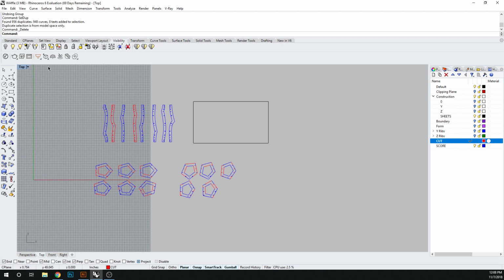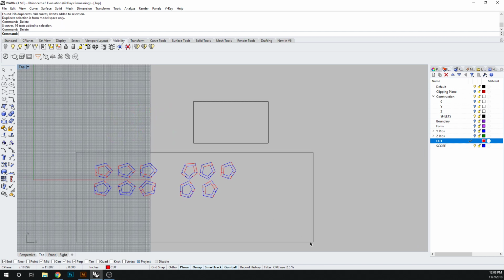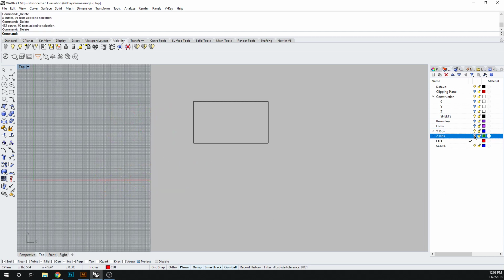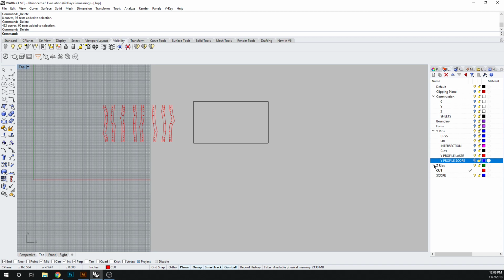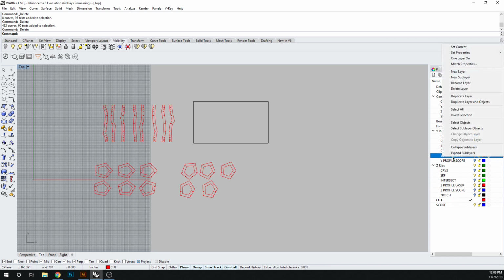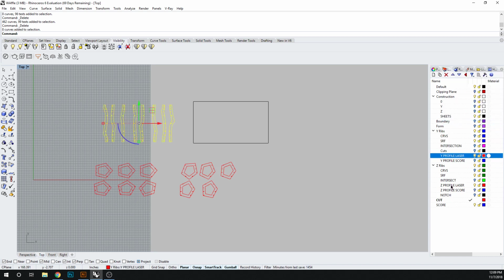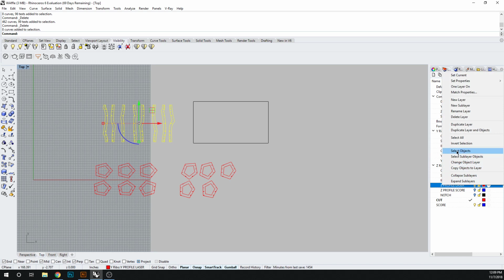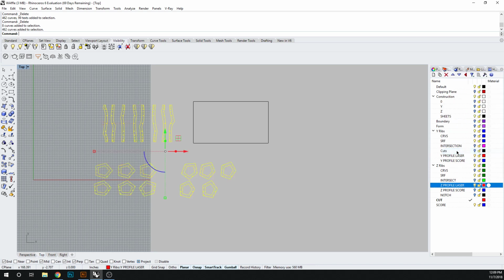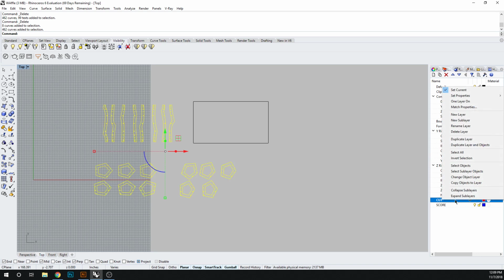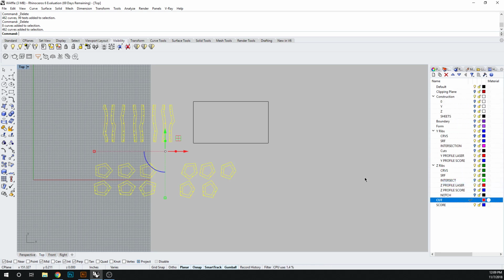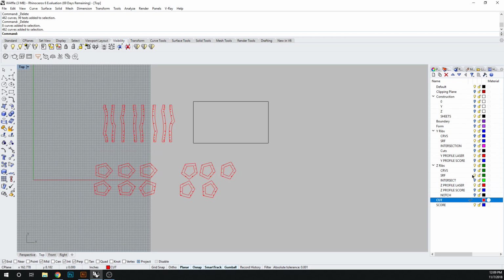Okay, so see, I guess I messed this up. Let's do this again. So I'm glad that I didn't destroy it. Okay, let's just look at the reds. Okay, so I want to select objects, select objects. I'm going to copy objects to those layers. Okay, now I'm going to turn those off,